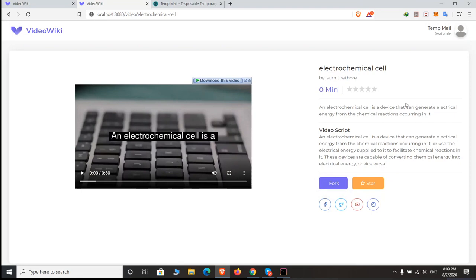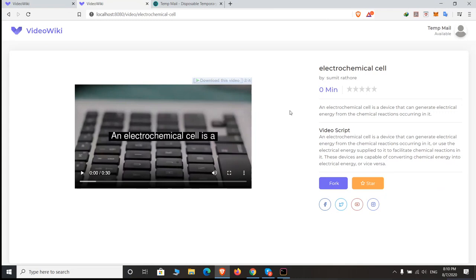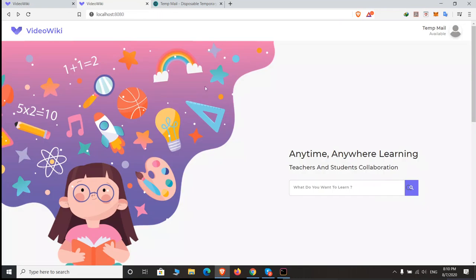When I click the fork button, it will ask for signing a transaction, that you want to fork this repository to your account, and you have to pay some amount of gas for the transaction to be executed, and some amount of native currency, which will be transferred to the owner of that repository who made this content. So this is the basic idea behind incentivizing the owner.